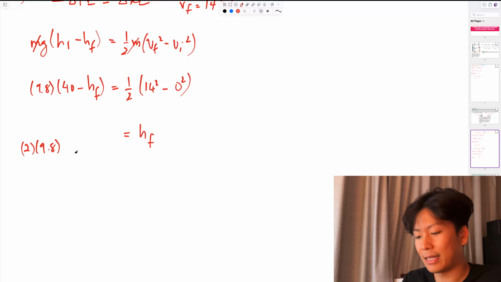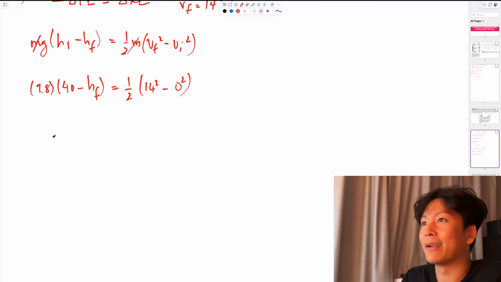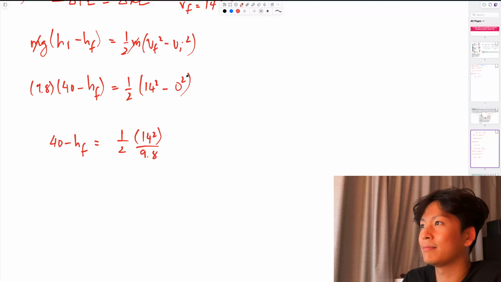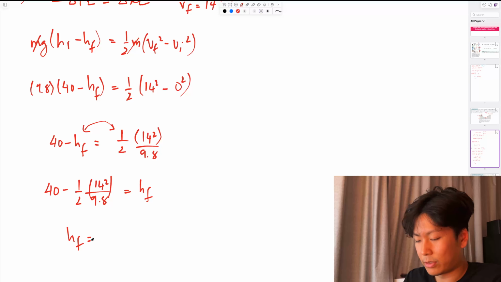Actually, I can't do that, can I? You know what, I'm just going to do it the long way. All right, 40 minus HF is equal to half times 14 squared divided by 9.8. That's all good so far, I think. And then I swap this quantity and the HF. So 40 minus half of 14 squared over 9.8 is equal to HF. HF therefore has to be equal to, listen to your calculator,